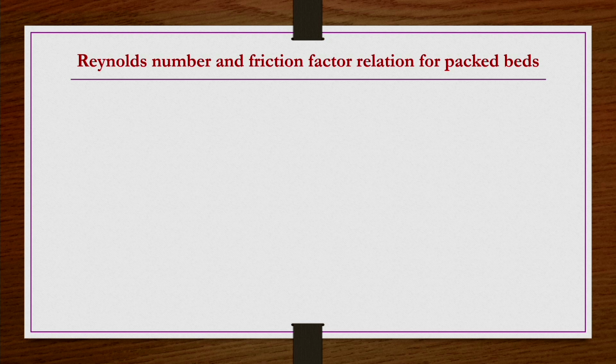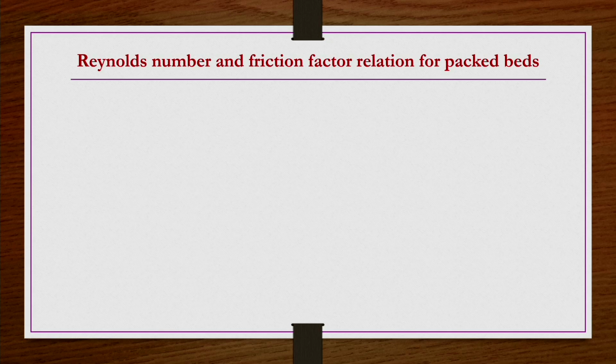But is it the same thing here in a packed bed, when the column tower is filled with some kind of packing? That is what we are going to see first, and then generalize this Ergun equation in terms of the friction factor and Reynolds number, because that will be an easier way of using this equation for calculations. And they could serve as a generalized purpose rather than being specific to some cases only. Okay.